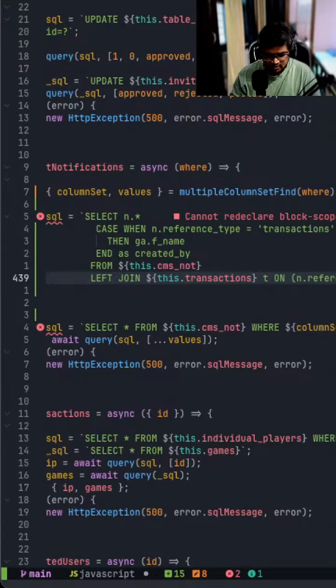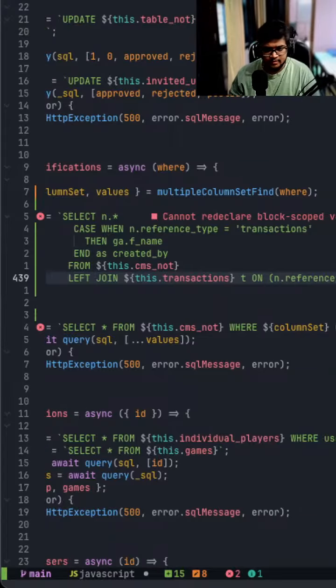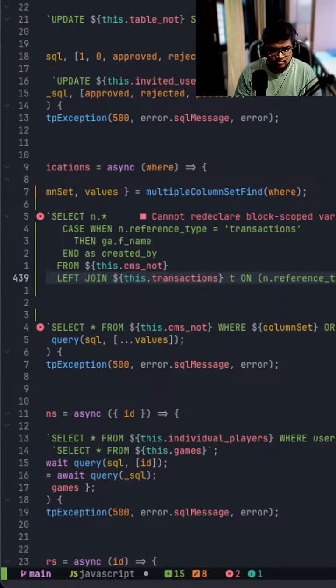Can we do that? T dot id, right? If I make t dot id, that will be good. Reference id,